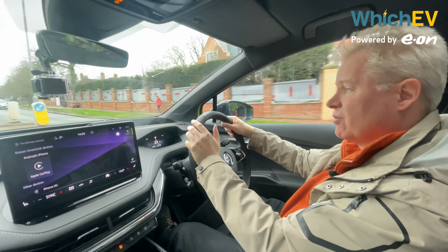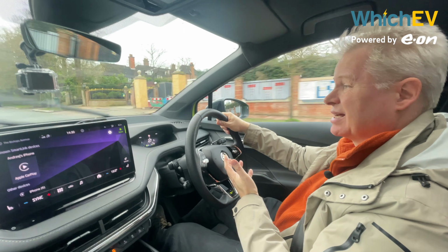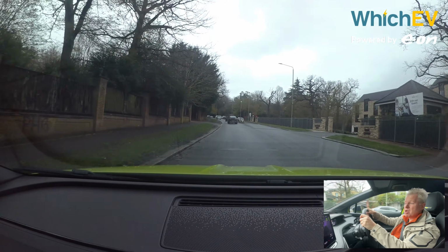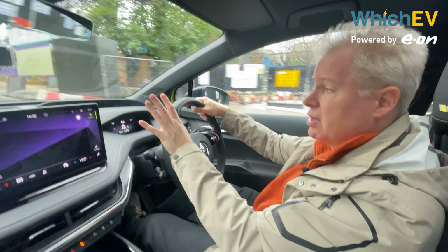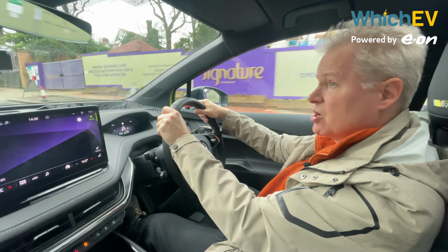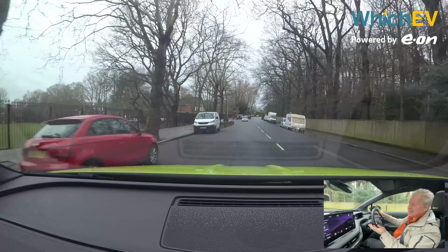The 295 horsepower of this car projects it to 62 miles per hour in 6.5 seconds, so it'll be around 6 for 60 miles per hour. This is decent, but there are faster electric SUVs around, and some of them are a lot faster too. The 80X is a few tenths of a second slower, and the basic 80 takes 8.5 seconds to hit 62 miles per hour. The steering is tight enough for precise control, but you can still have an easy life driving